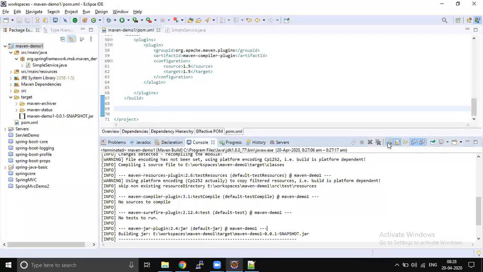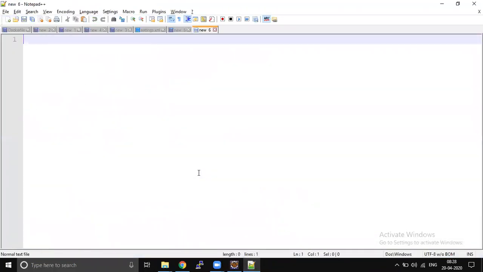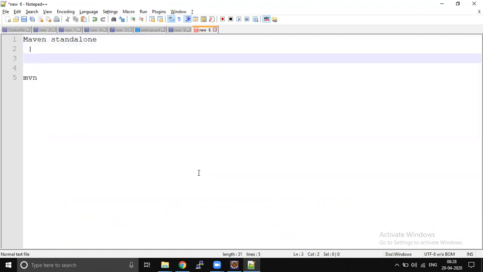If you are running from a Maven command prompt or PowerShell, then you have to use the MVN command. For that, you have to install Maven explicitly, a standalone installation. Once you install Maven, we will have a folder called bin.